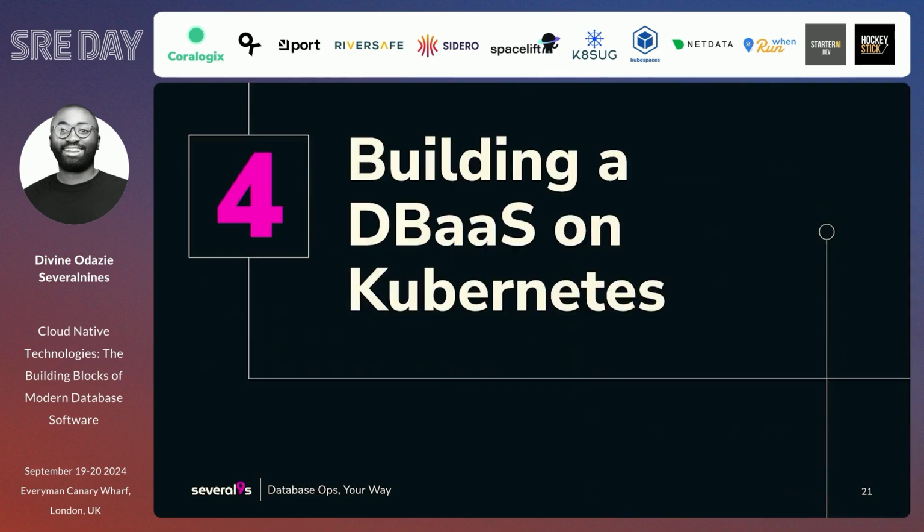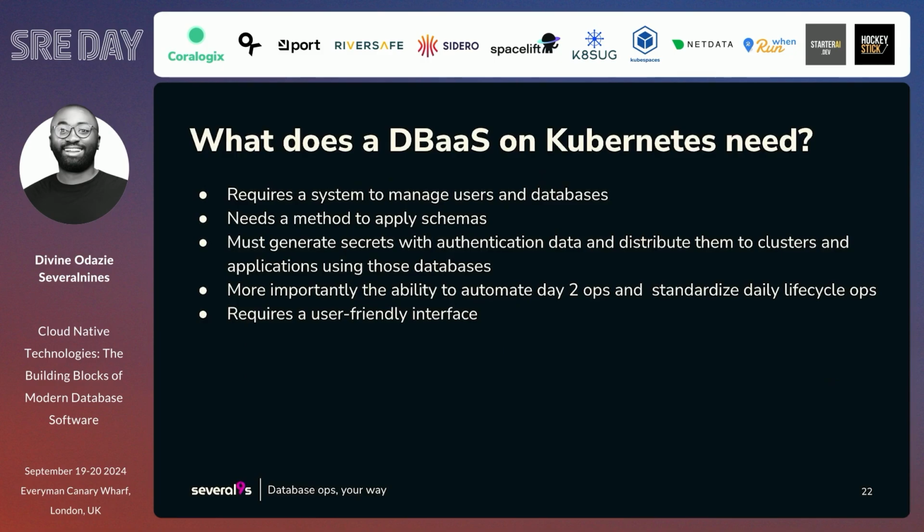So, building a DBaaS on Kubernetes, there are a lot of aspects to building a DBaaS, and I just talked about how data on Kubernetes works. Then in the real world, in production, you need a way to manage users. You need a way to apply schemas, secrets, authentication, single sign-ons. Maybe you're using LDAP, you have to take that into consideration for that particular database. Then backups, day two operations, monitoring. How will you monitor your databases? Then you talk about where you are deploying that Kubernetes cluster. There are several aspects to consider that a DBaaS needs.